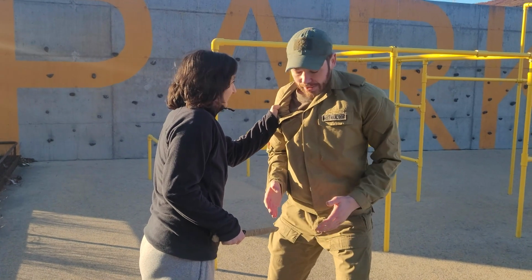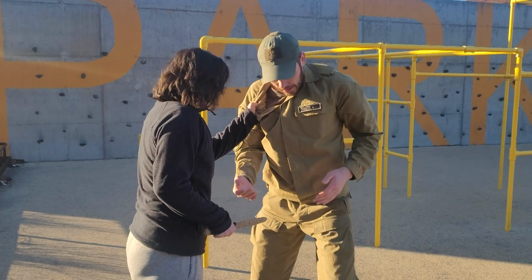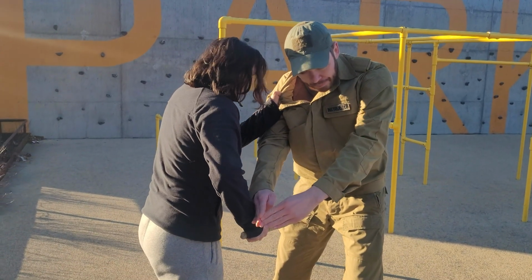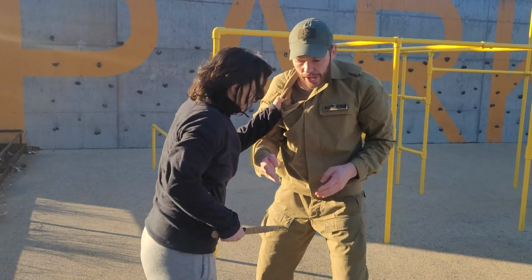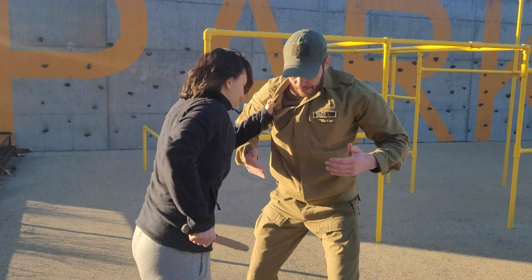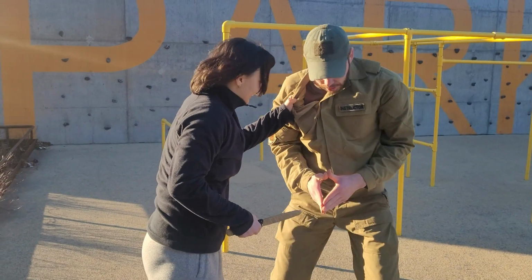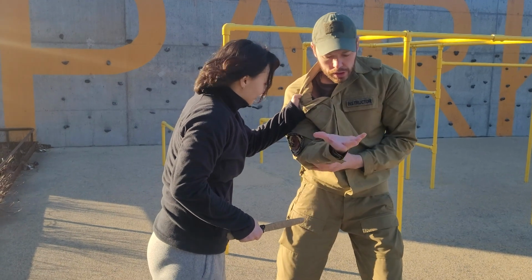By understanding angles, we're creating a triangle here with our hands. And now we're doing it really slow so everybody can see what's happening. By creating an angle here, the knife, as you see, is redirected. So if we speed it up a little bit, redirect it. Like me, boom, no me, boom. I'm just diving down against the knife, and I'm also rotating my hands, which allows me to change